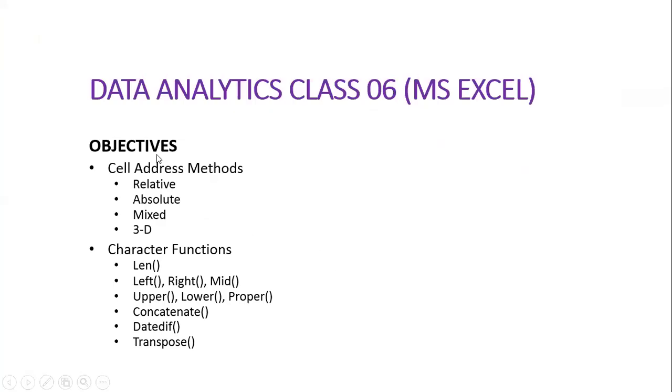So from our objectives, we have done everything up to concatenate. We've looked at the cell addressing methods: relative addressing, absolute, mixed, and 3D addressing. We've looked at the following character functions: the length function, left, right, mid functions, the upper, lower, and proper functions, and the concatenate function. Now it's time to move on to the date diff